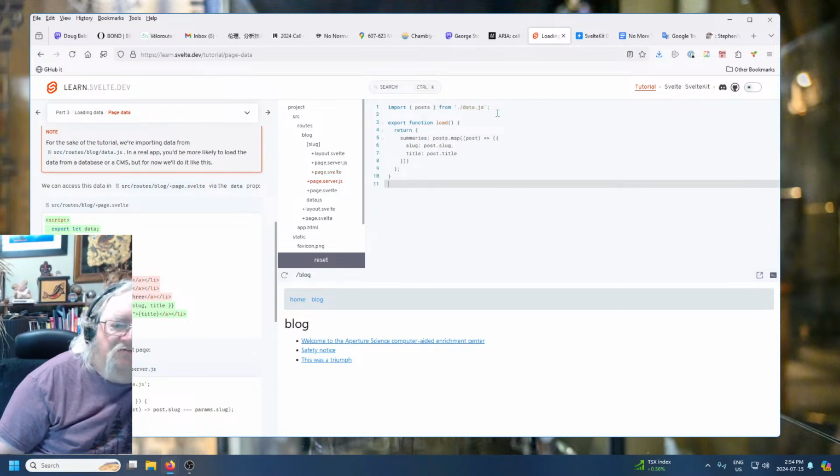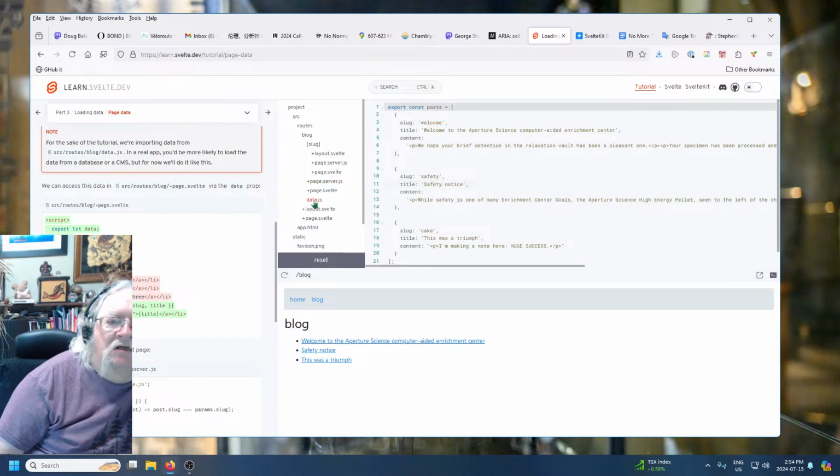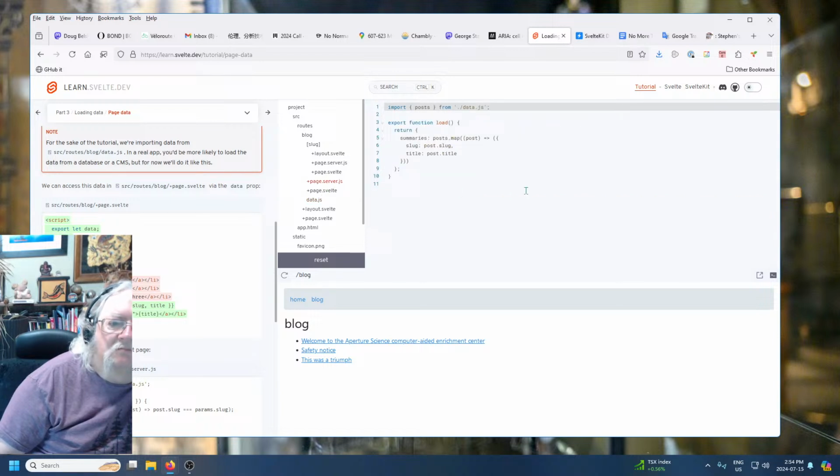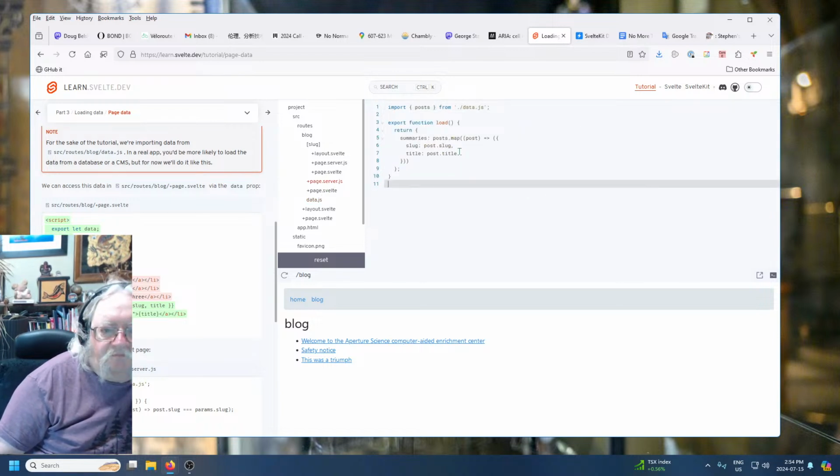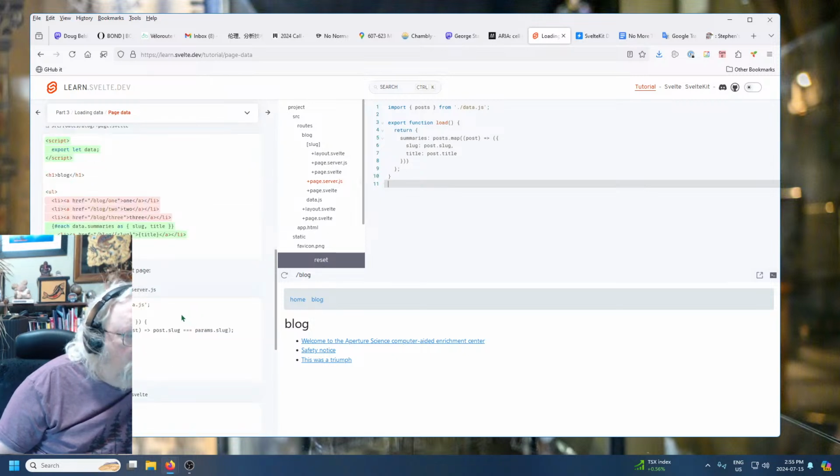Import posts from data.js. Okay. So posts, we're importing it from data.js. Export function load, and we call the load, we're going to return all of these. So the page server, import posts from